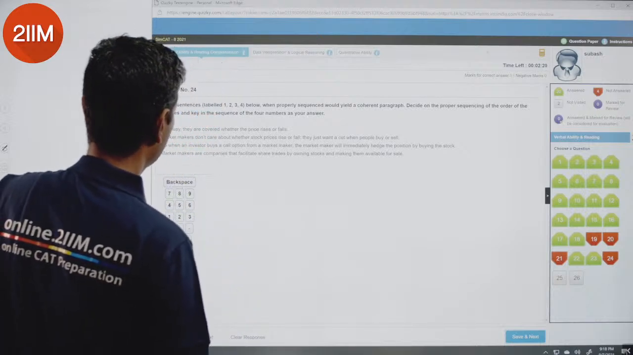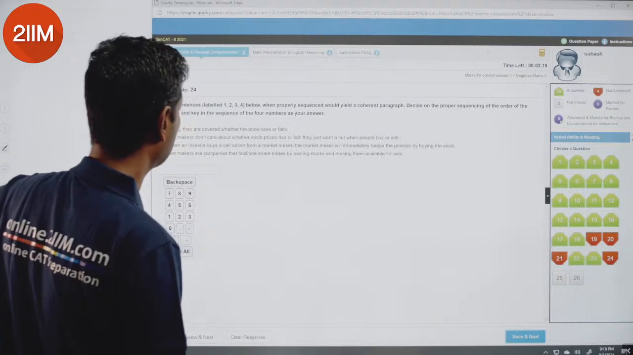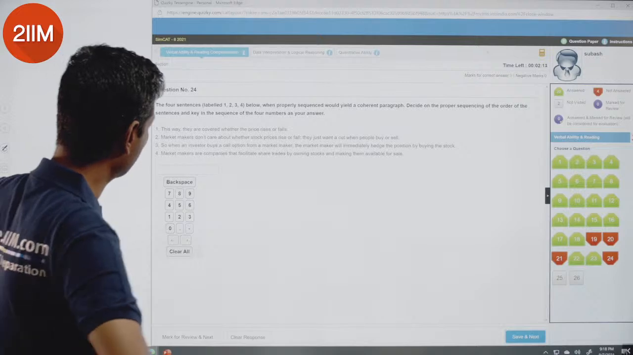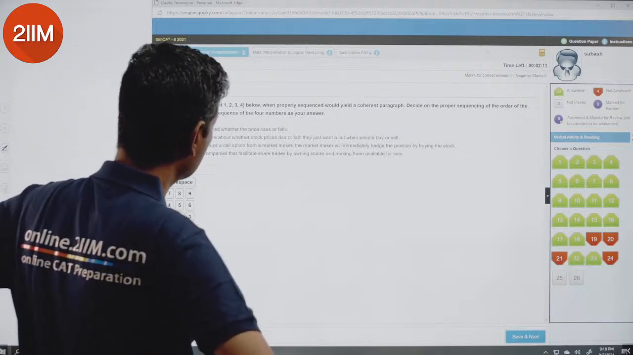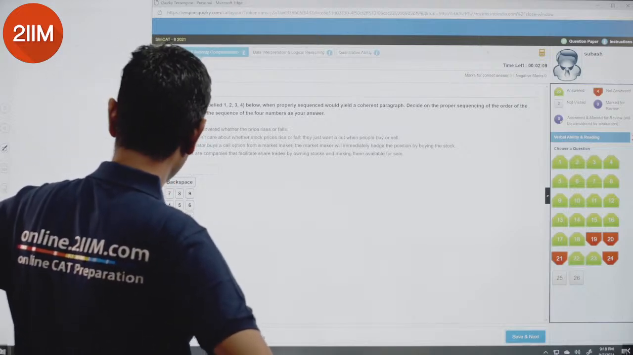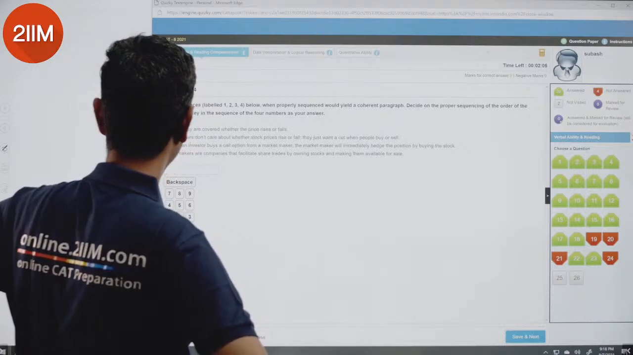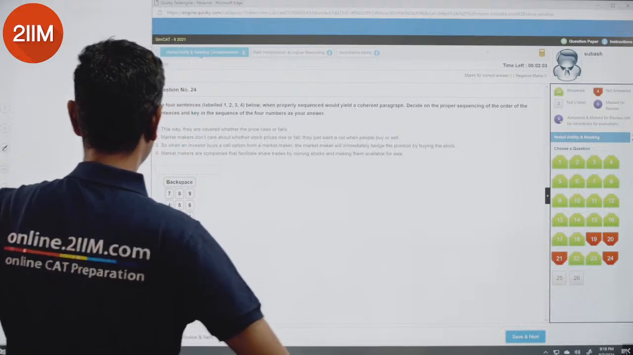Market makers don't care about whether stock prices rise or fall. They just want a cut when people buy or sell. Sell-side analyst. So when an investor buys a call option from a market maker, the market maker will immediately hedge the position by buying the stock. Market makers are companies that facilitate share trades by owning stocks and making them available for sale. Lovely. So 4,